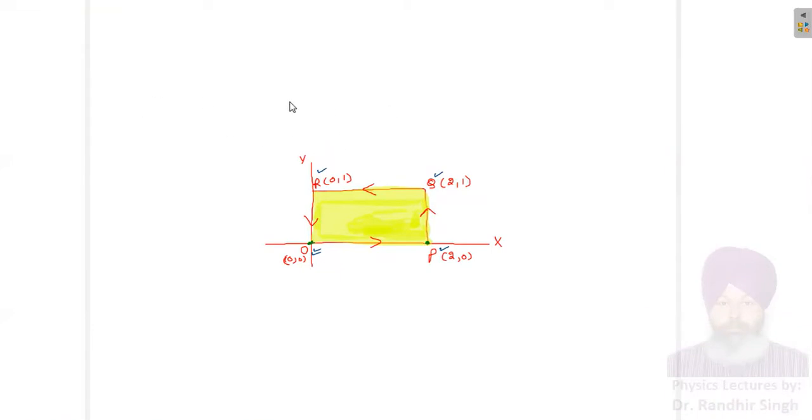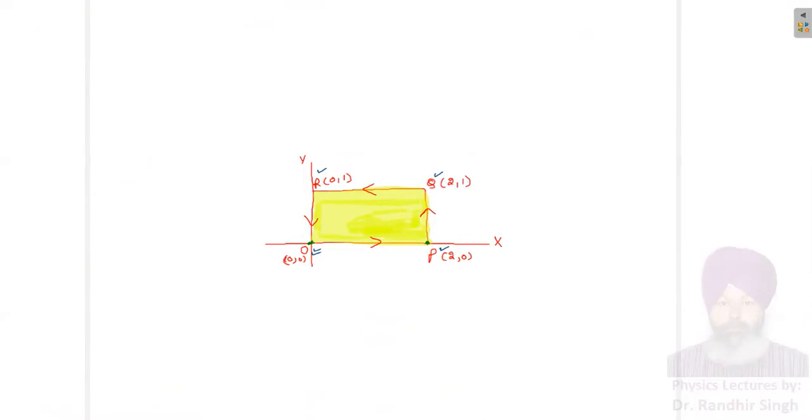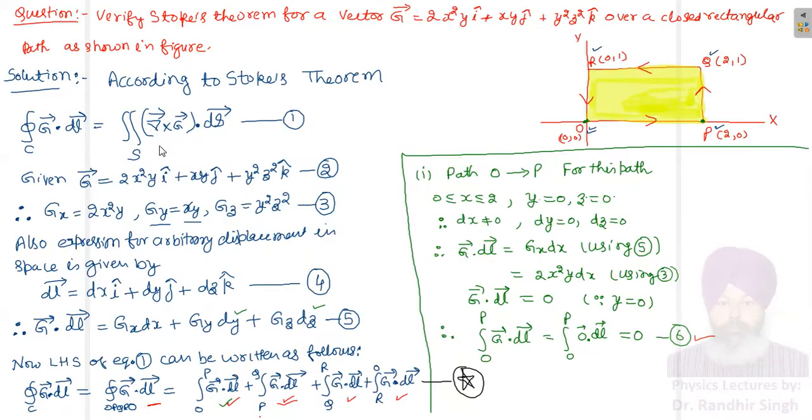Okay, this is the new page. If I show you the previous page, this is what we have done so far. This is the left hand side of the Stokes theorem, and the right hand side of the Stokes theorem is to be calculated now. You can see we need this one, del cross G dot ds. Let us now go for this.